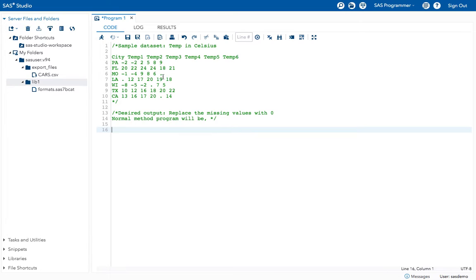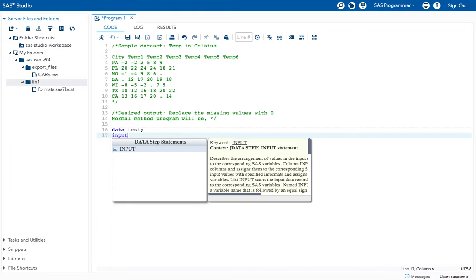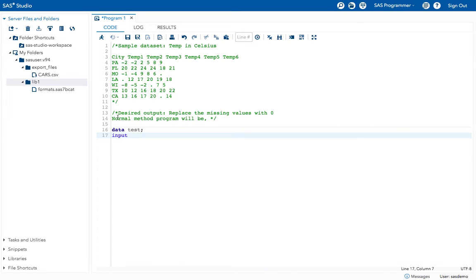If I want to replace these missing values with 0, usually how I do: data test, input, these are the variables that I have here. I'm just copying those.